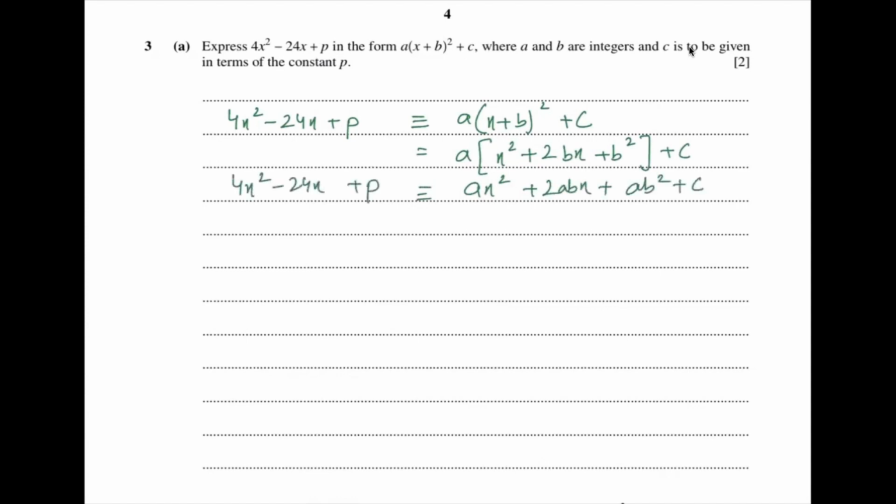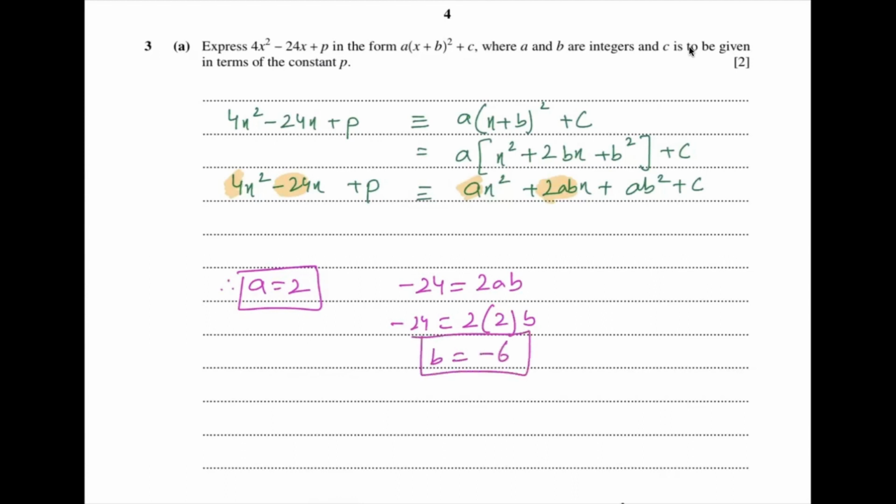Now, if we compare the coefficient of x² on both sides, the coefficient of x² on the left hand side is 4 and on the right hand side is a. Therefore, a is 2. If you compare the coefficient of x, on the left hand side that's −24, and on the right hand side it's 2ab. So −24 equals 2ab. A is 2, so b is going to be −24 upon 4, that is −6. And if we compare the constant term,